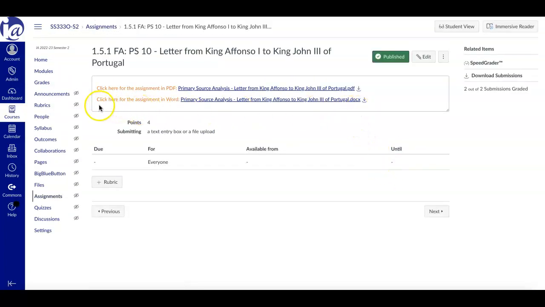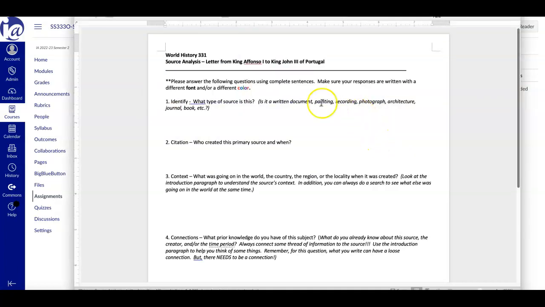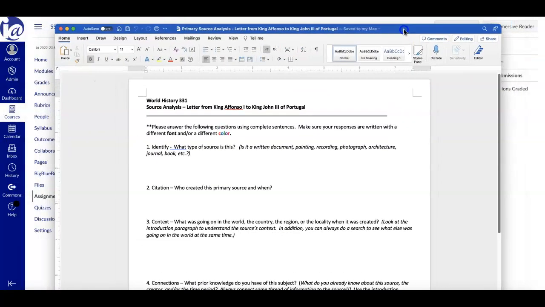And most people are going to click on the Word version of the assignment because that'll allow them to write on it. Not everybody has PDFs or Adobe. So click on the arrow here. Gotta wait for a second to bring it up. Okay, so now that you have it, and I'll bring it into view, now that you have it on your computer,